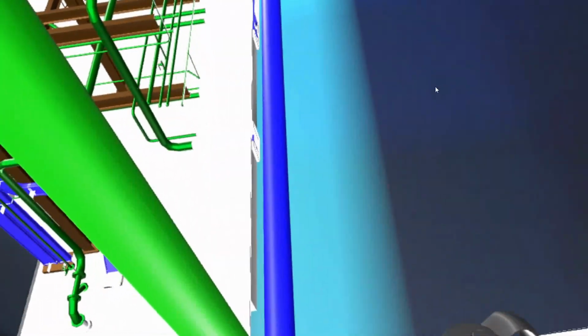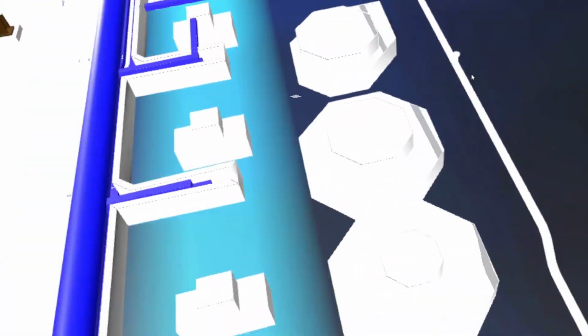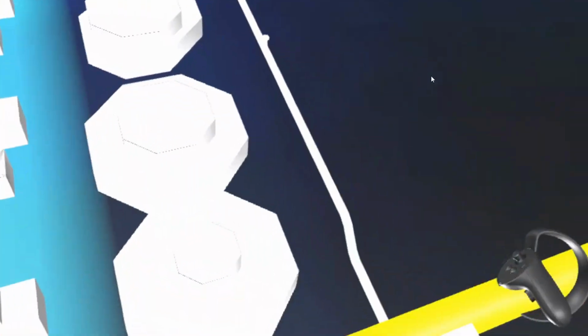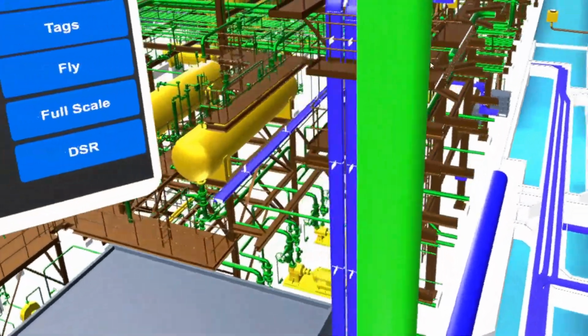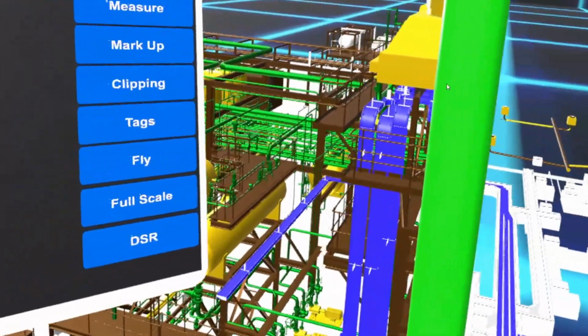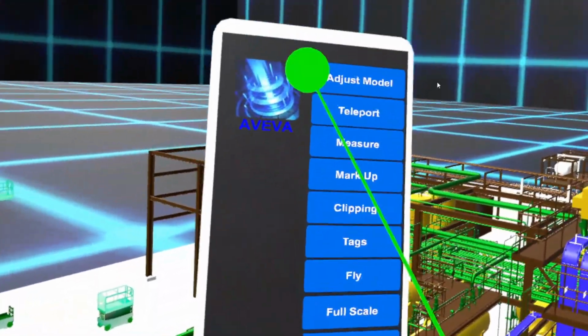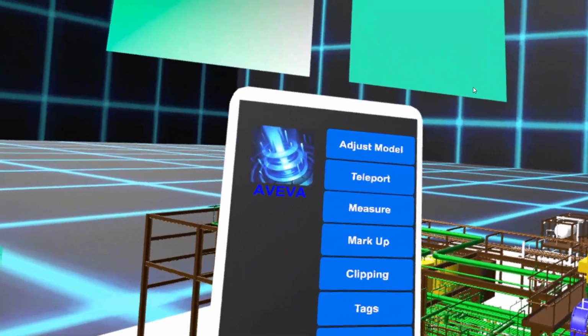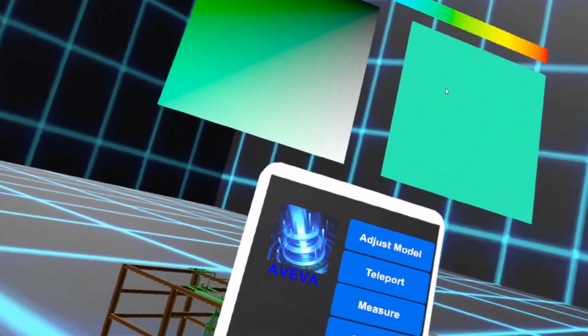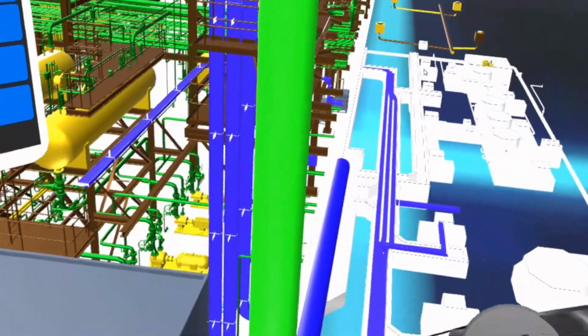Completely get rid of that part, I think, and then move this clipping over something like that, perhaps just about right. The next functionality I want to show you, which is really great for these hand controls, is 3D markup. I do have the possibility to change color on the Vive, but on the Oculus today,